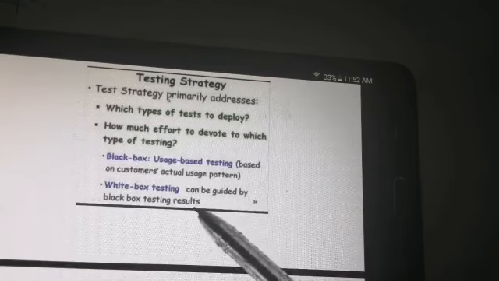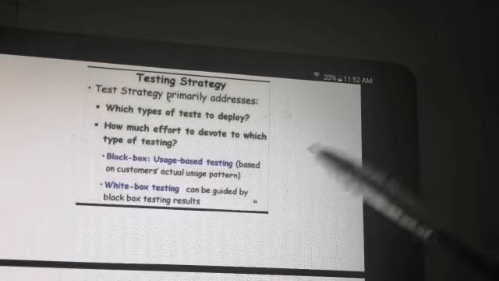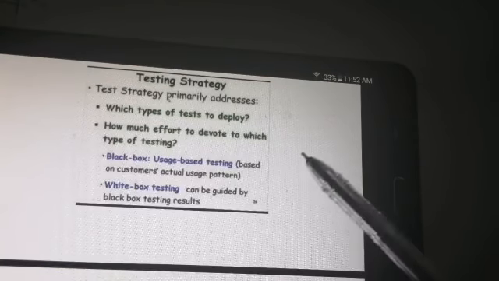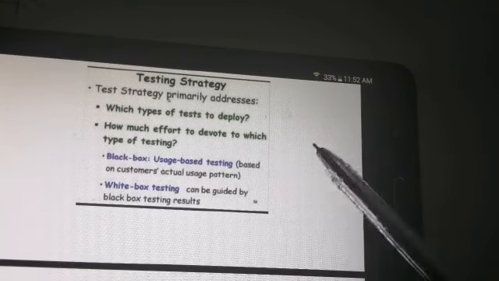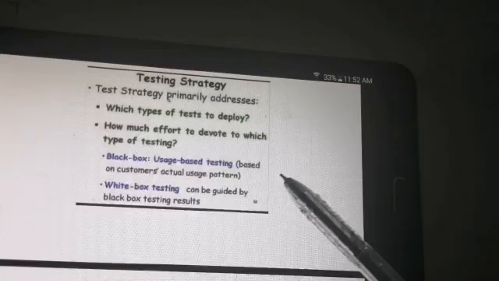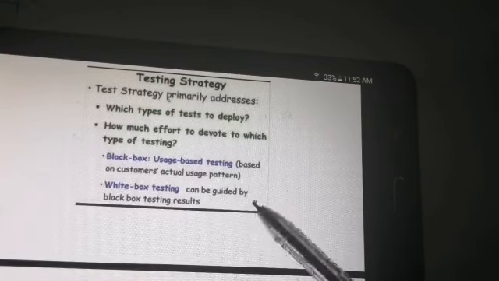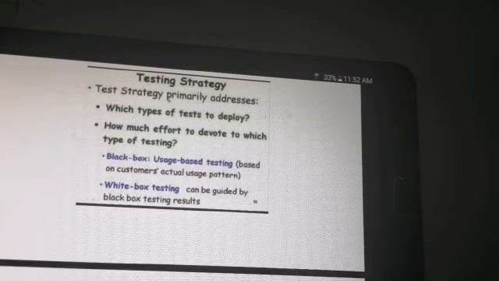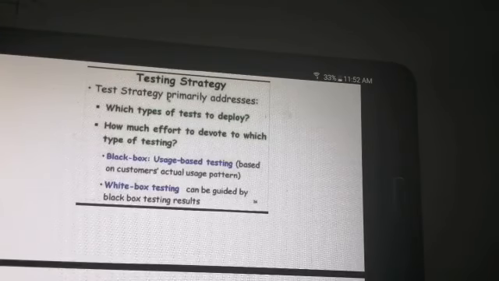What is white box testing? White box testing is the testing that is carried out by considering the coding part also. That means black box is an abstract testing where we only test with the inputs. We give input, and what output we get is the only means of testing. In white box testing, this is not the criterion. We'll be looking into the details of the coding part, only then will we test the software. So this is all for the introduction to testing. In the next lecture, we'll be looking at the various other types of testing techniques. Thank you.